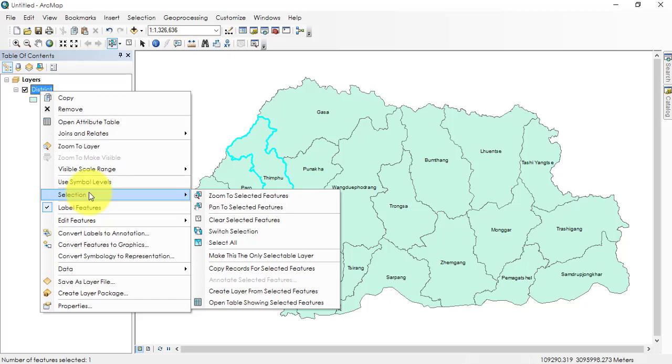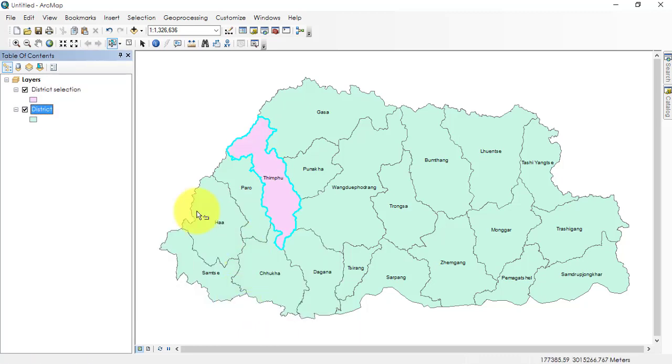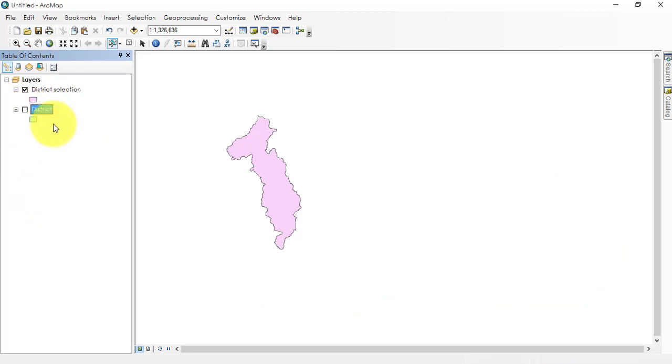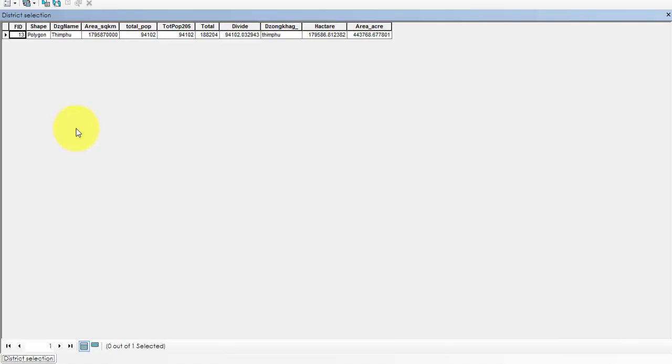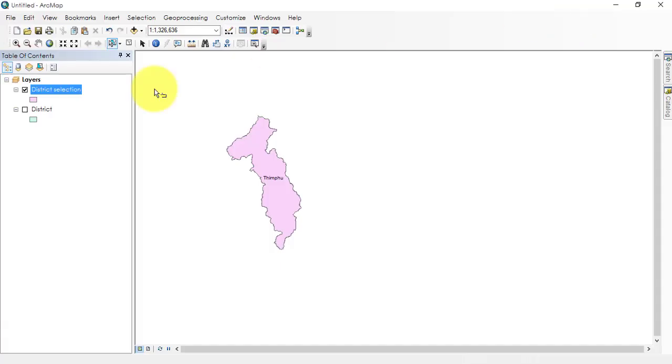You have selected on the district, and it asks what you would like to do with that selection. The first option is zoom to the selected layer. Would you like to zoom to that Thimphu? Second one is pan to selected layer. Would you like to pan to that area? Would you like to clear your selection? And those kinds of things. I would like to create layer from selected feature so that I create only Thimphu. So I click this one, and if I uncheck this one, then I have Thimphu, and I will label it. And if you look at the attribute table, it has selected only the attributes of Thimphu from all these. All right,